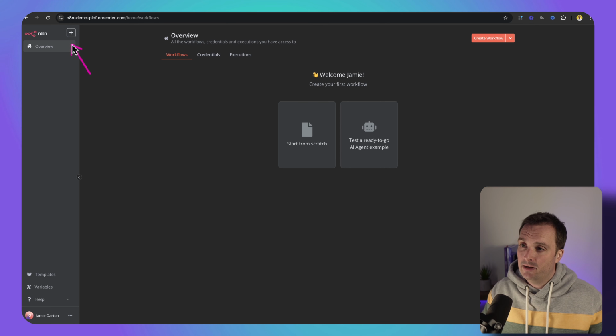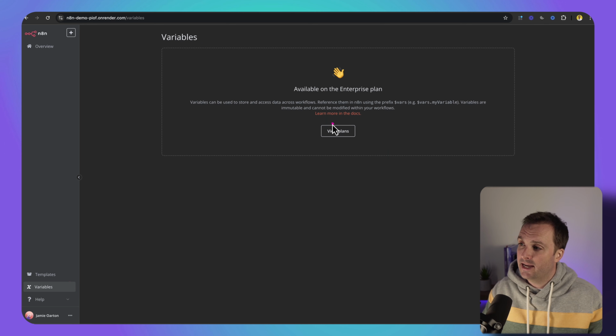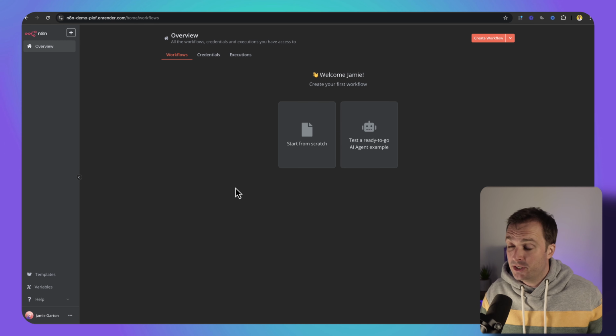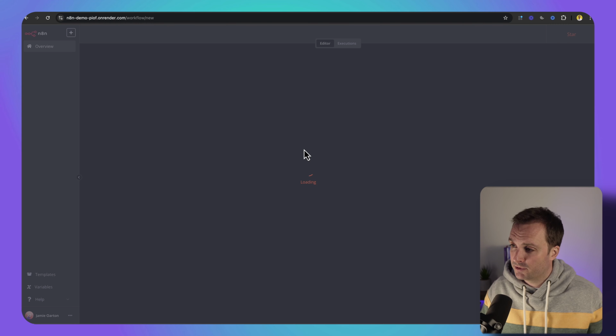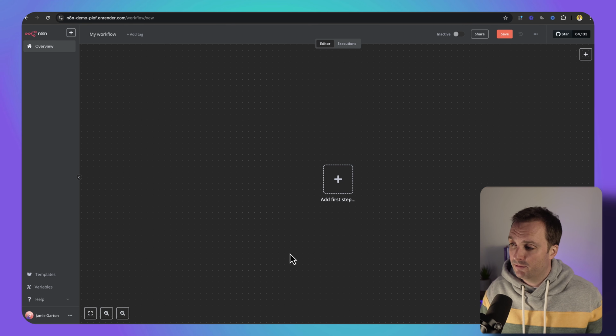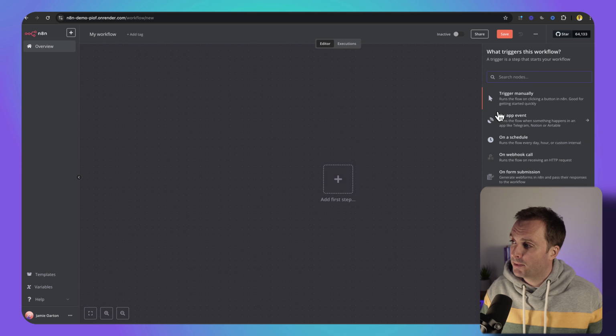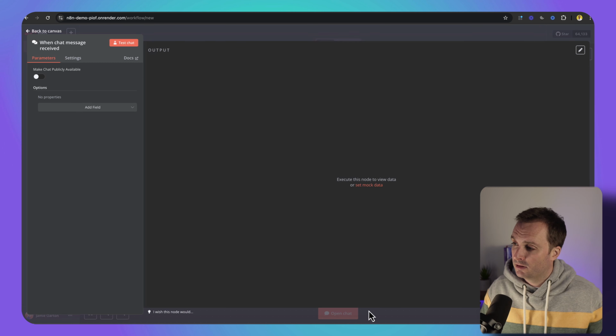What you will notice up here, if you come to the plus button, is you will see that project is not available unless you have the enterprise plan. And you will also see that variables down here, again, is not available unless you're on the enterprise plan. However, we do have the ability to start from scratch or to test a ready to go AI agent. If we start from scratch, we'll get the screen that we're very much used to. We can add our first step. We can choose to create a chatbot, close out the window,